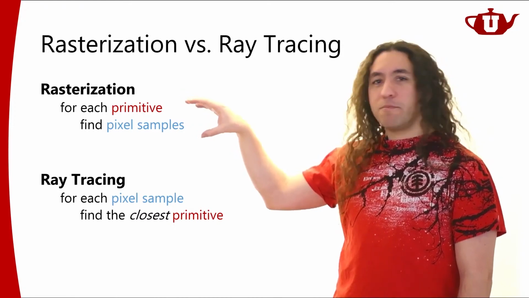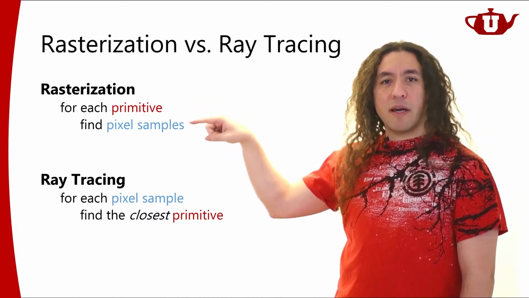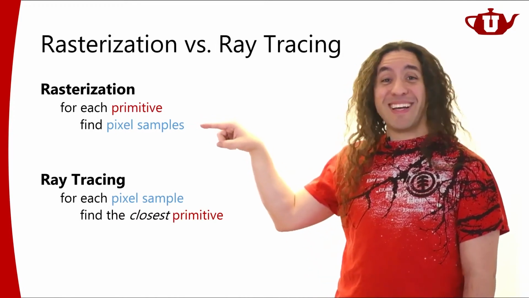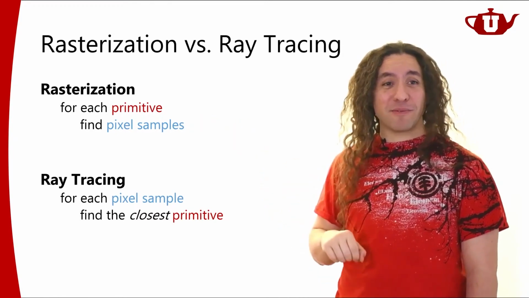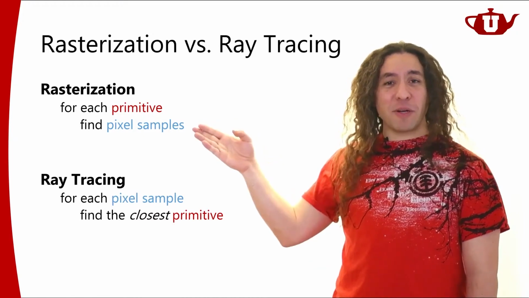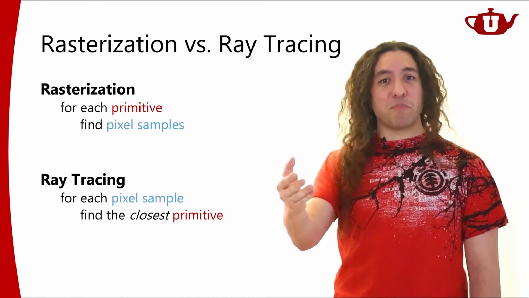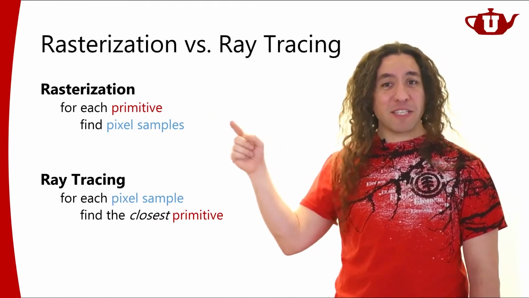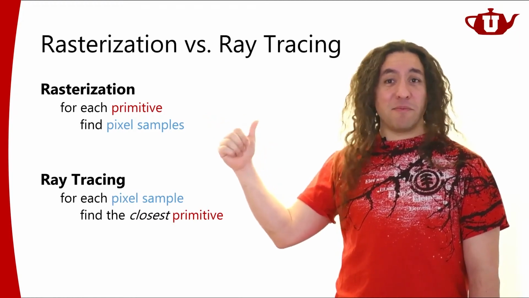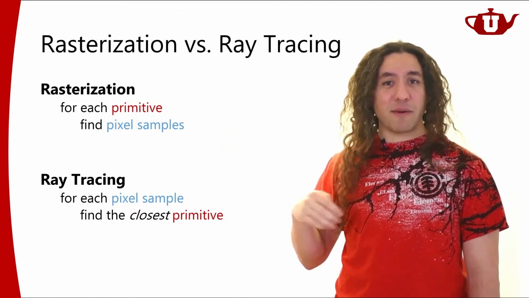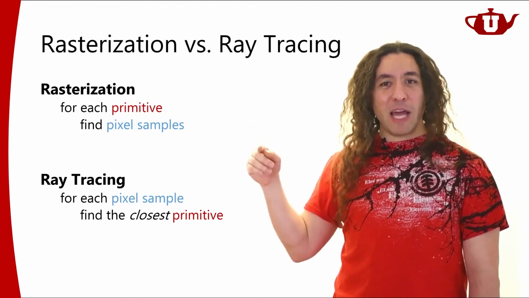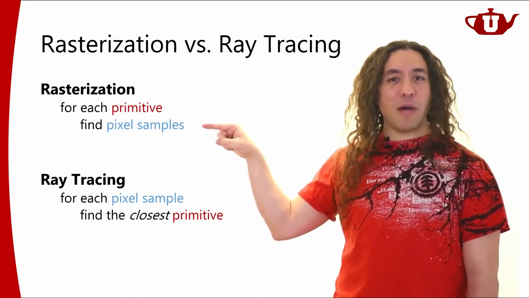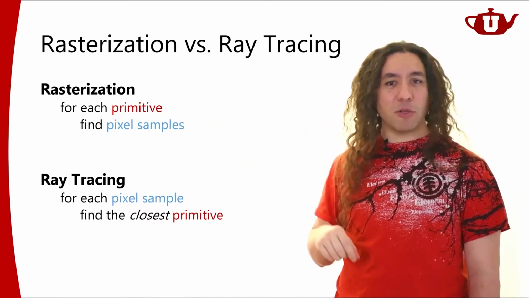The algorithms differ based on how they handle primitives and what they do once they figure out what these pixel samples are. With Painter's algorithm, you just put the color of that triangle for that pixel sample. For Z-buffer rasterization, you check if the previous color was coming from a triangle that was closer to the camera. For A-buffer, you put it in a linked list. So all these algorithms differ by what they do after they figure this out, but they execute the same loop.